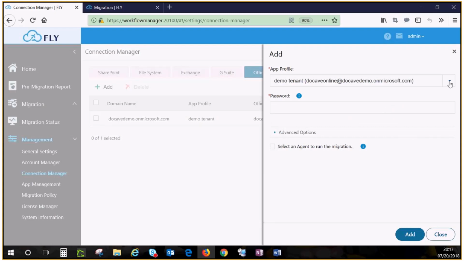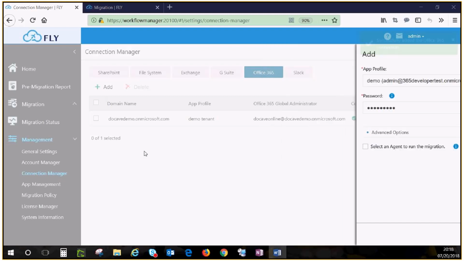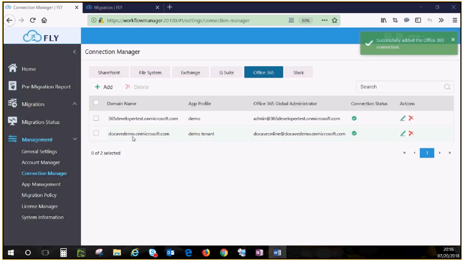To connect to Office 365, go to the Office 365 tab and click Add. From the drop-down, select the app profile you created in the first step. Enter the password of the global admin used to create it, then click Add. Once this page is closed, you can verify if the connection has been successfully established by reviewing all the connections